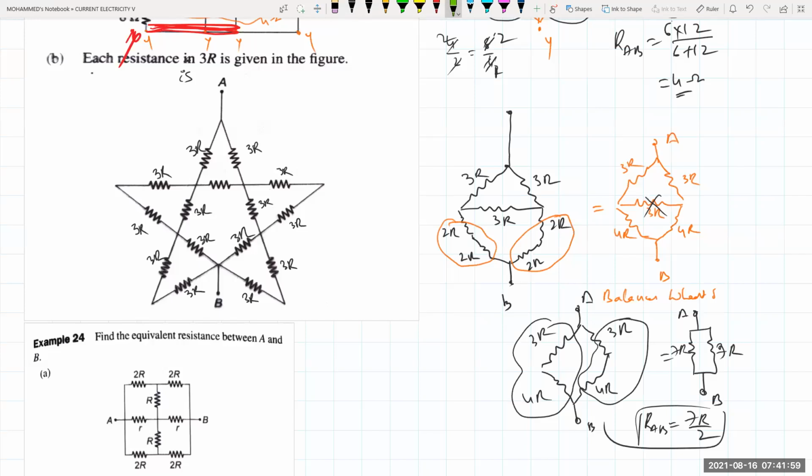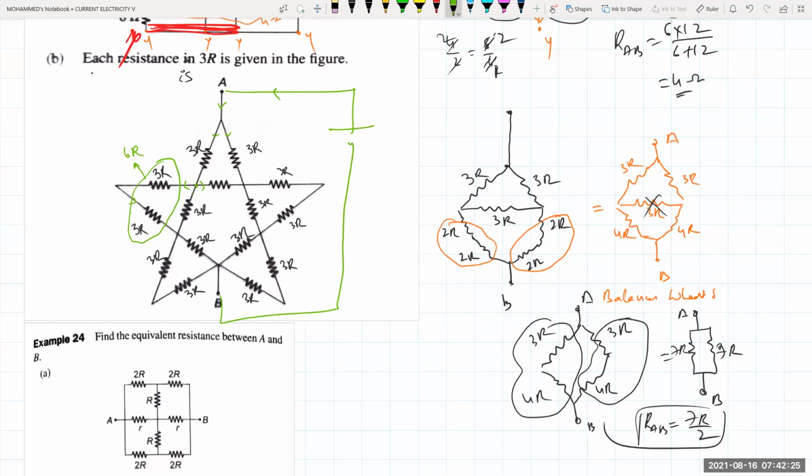Isn't it? If you see carefully, when the current comes here from this terminal, connect it to the positive terminal, and this point you connect to the negative terminal. So when there is a flow of current, it will get divided here. That current will come here. Again, it will get divided into 3 parts. Whatever current is getting here in the 3R and 3R, the same current is going. So these two will be in which combination? There is no division of current. So series combination. If it is series combination, it will become 6R.